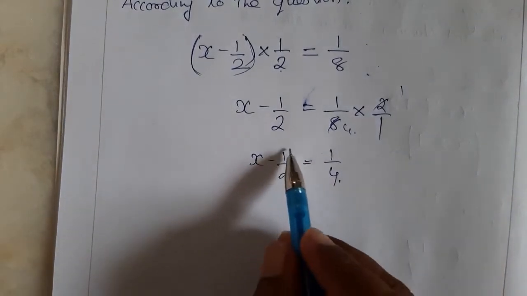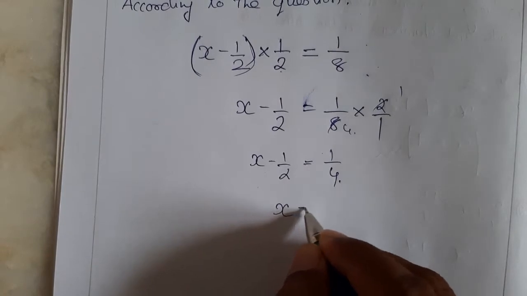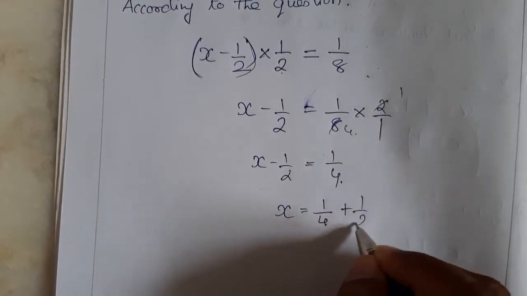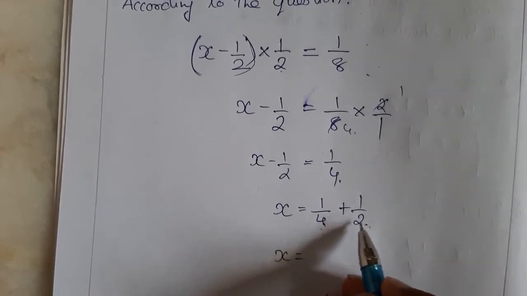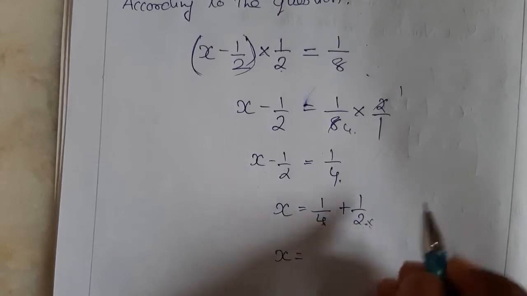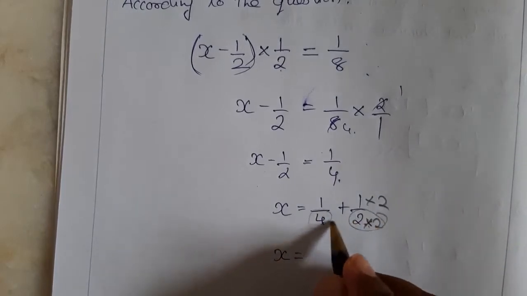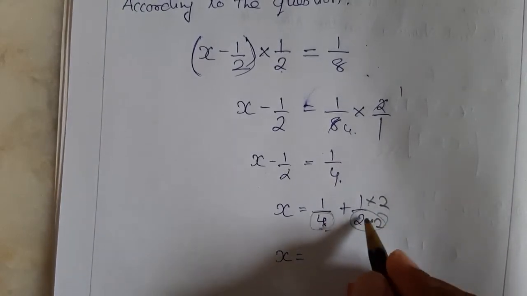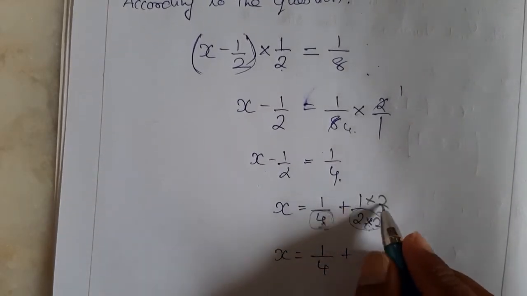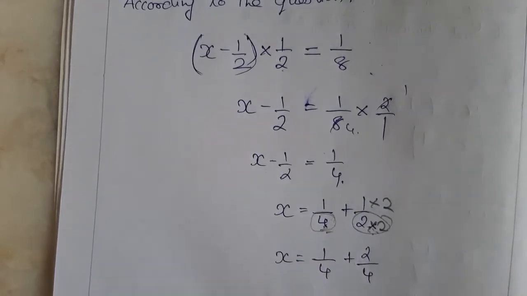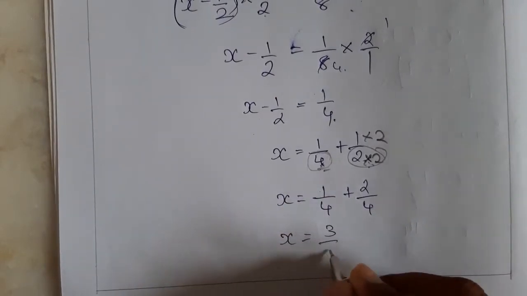Now, the 1/2 here is subtracted from the x, so if you bring that to the other side, it will become an addition. So x is equal to 1/4 plus 1/2. Now we have to take an LCM. By seeing this, we can take 4 as the LCM because 2 is a factor of 4. Just by multiplying 2 here, the denominator also becomes 4. Now the denominator will be the same, then we can add the numerators. The first term will be the same, 1/4. If you multiply 2 here, 1 into 2 is 2, and 2 twos are 4. Now it is the same. So x is equal to 2 plus 1 is 3, 3/4.